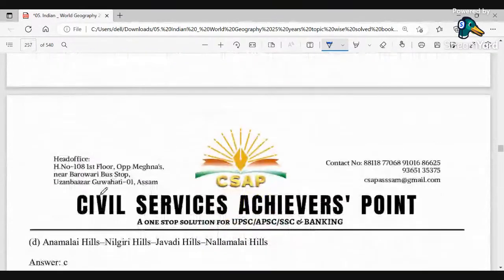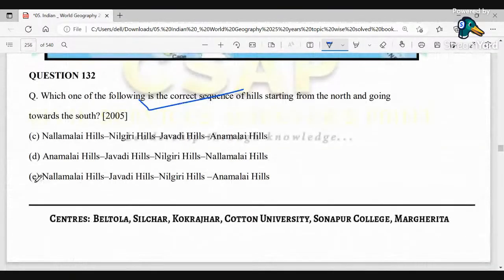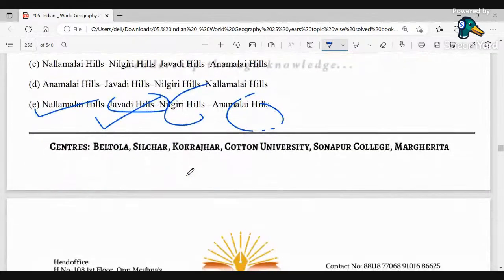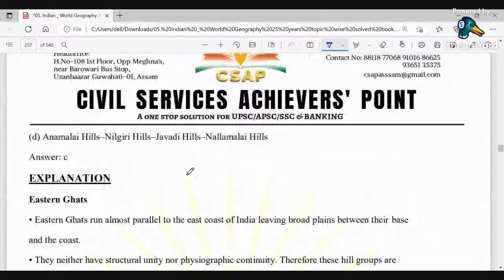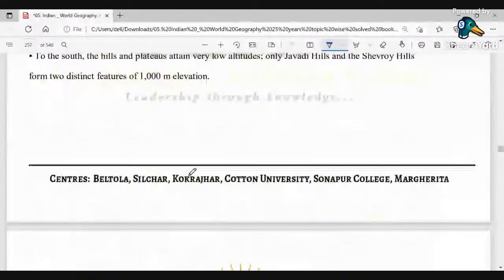So here also the correct option is C, that is Nallamalai Hills, Javadi Hills, Nilgiri Hills, and lastly Annamalai Hills. Okay, so this is the correct option for question 132. Next, coming to the other part,